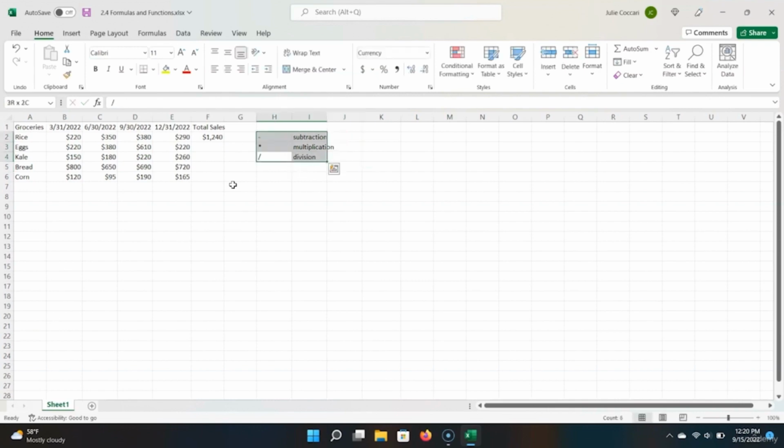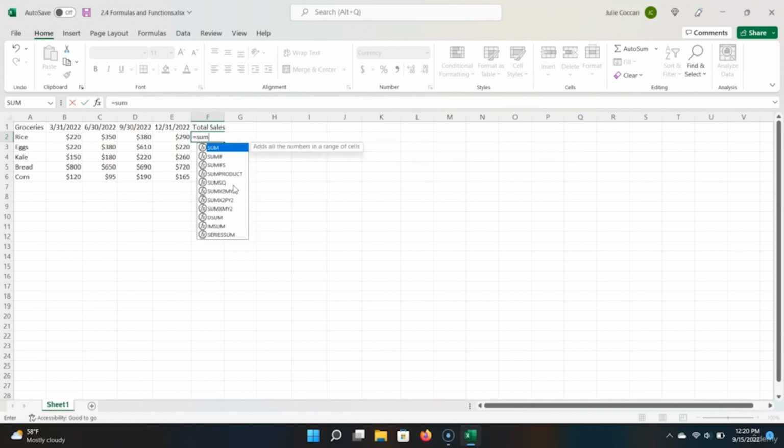However, there's an even better way to write what we were trying to do. We can use something called a function. A function is a preset formula in Excel that helps perform mathematical, statistical, and/or logical operations. Just like a formula, we click enter to begin it. And then the function that we are going to use is called sum because we want to sum a set